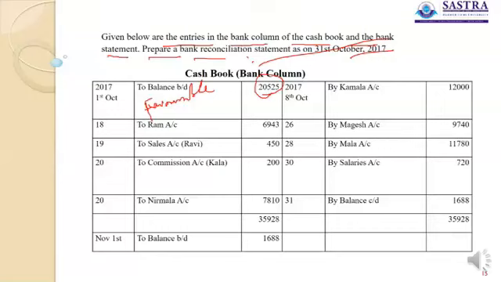And from Ram something might have been received, and for whom sold goods collected money, and from some others Kala commission received, and from Nirmala, a debtor, we might have received some kind of cash. And go to the payment side, these are all cash book. See here, receipts, and these are all cash book payments.